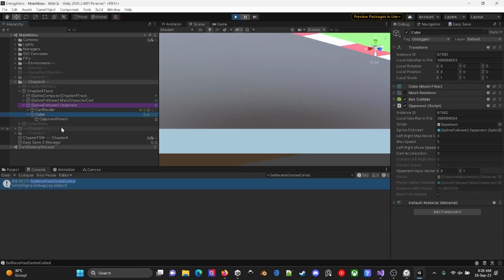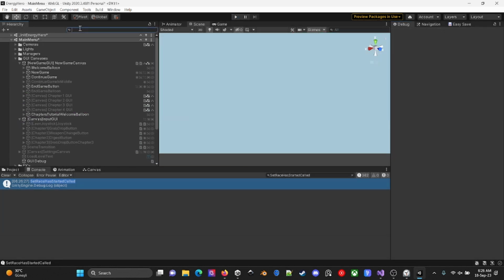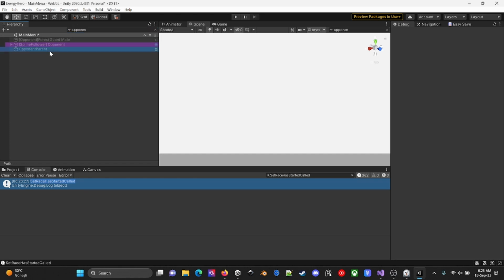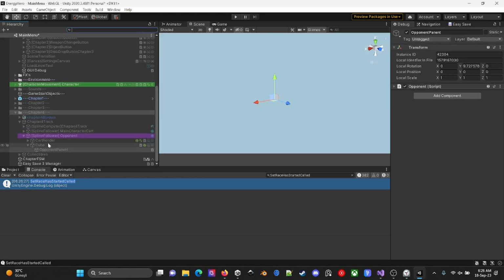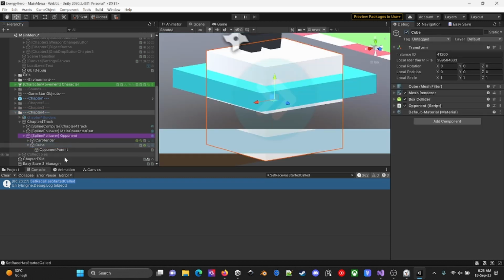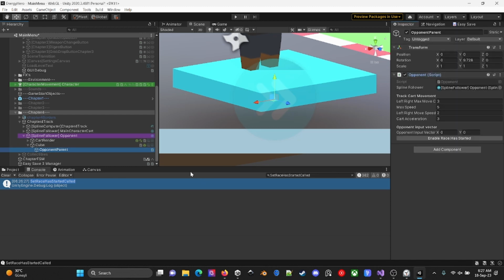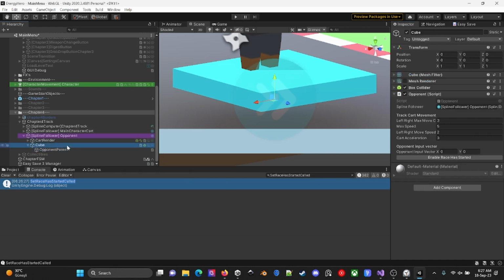I forgot that this cube, I'm not really sure what this is, but this cube is the operand parent cube. In here it is disabled at the beginning, and this is the cause of why this operand's script does not get the set enable race started issue.